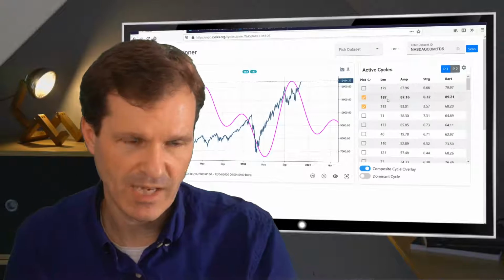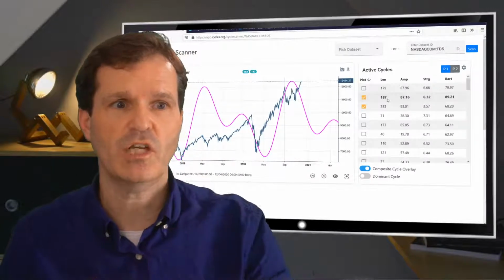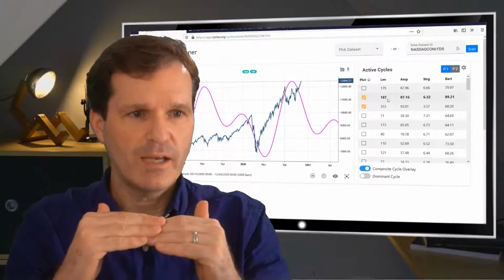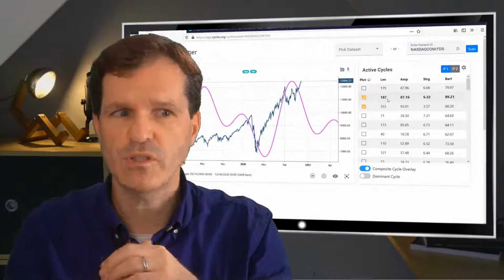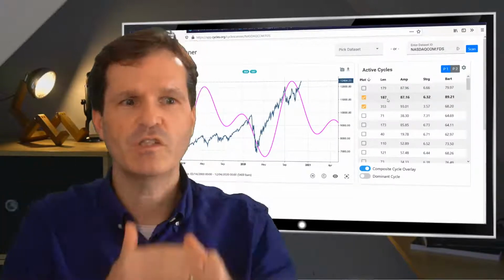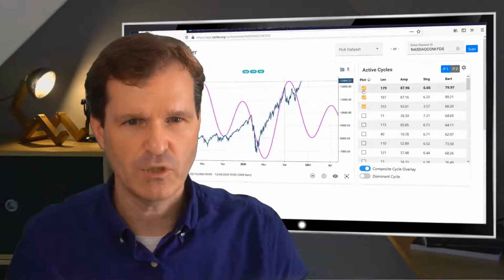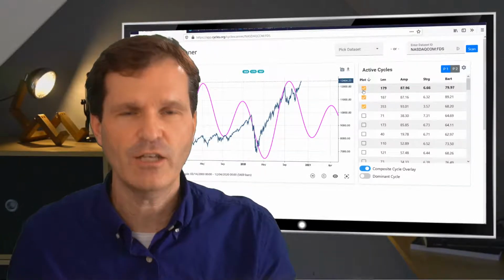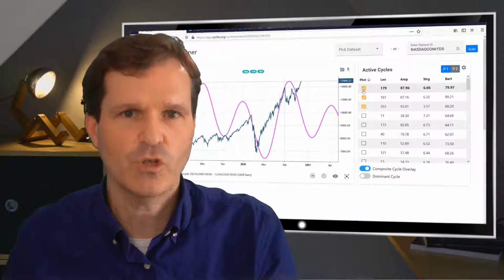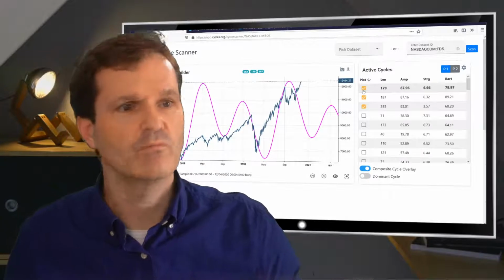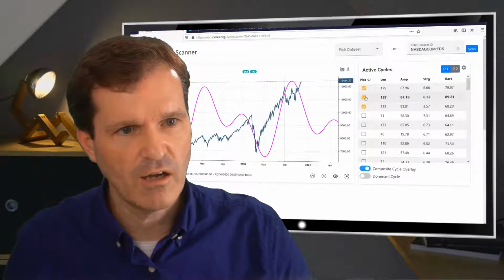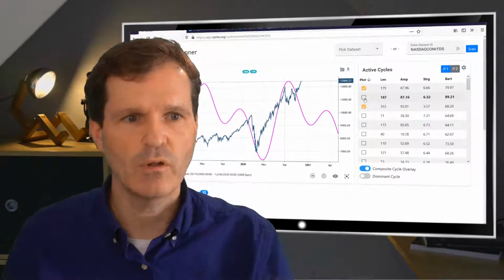What can happen sometimes, and that's why you need to cross-check or validate both, is that they can also disable themselves. If the phase is exactly the opposite of these two cycles, then they would disable themselves, so you just see a flat line. So it could be that if you use both detected cycles, it results in a flat line, and then you need to enable both, because these two cycles would not show you any value moving into the future. So therefore, you're right, you need to cross-check. In this case, you could go with either the one or the other because the overall cyclic outlook will not change.